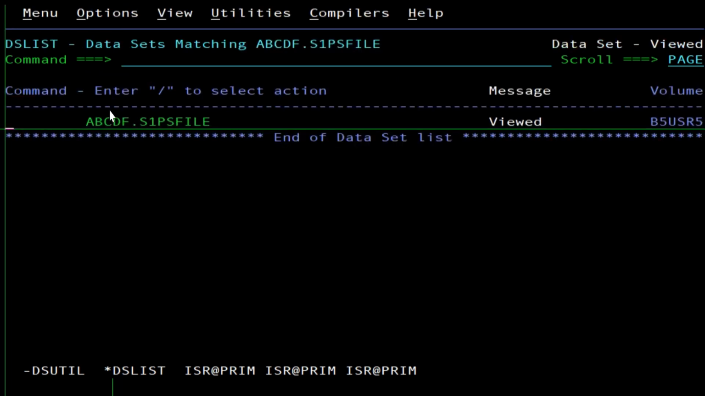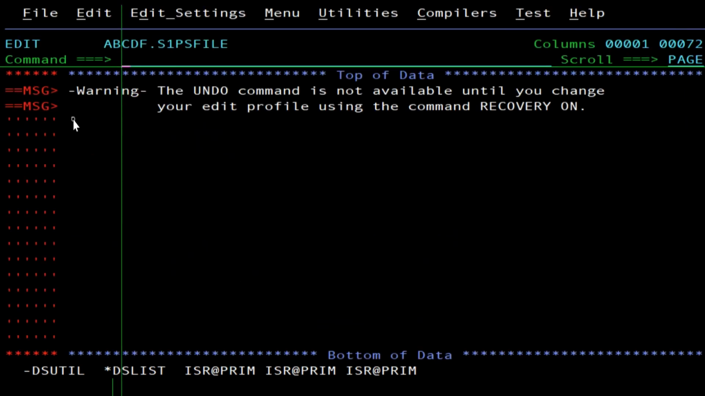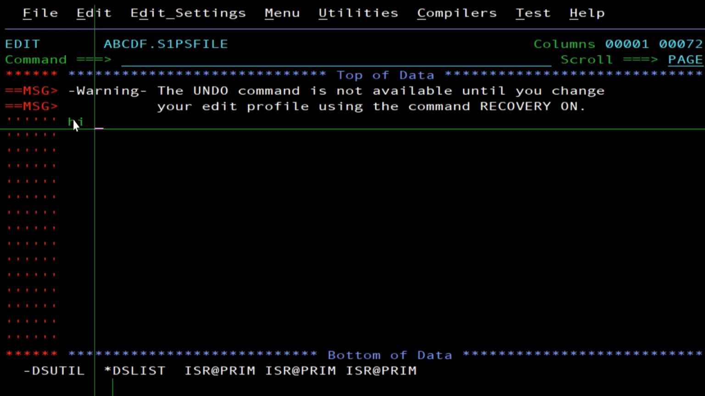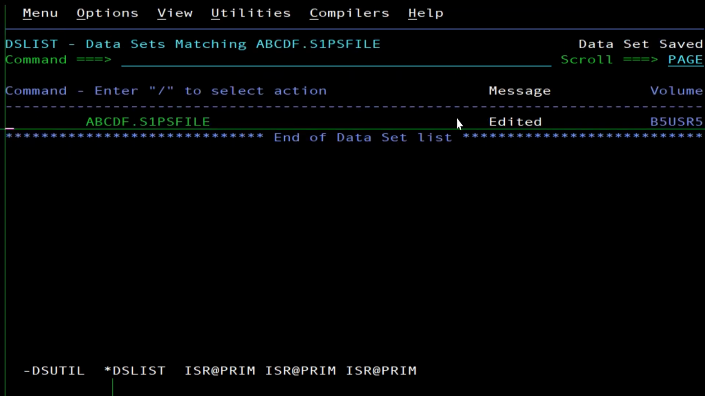If you come out, this is view. If you go inside with edit, you can write some data in it. So if you say hi, hello, world, this is the data I have written here. If you come out, it says edited, and again if you go inside it,